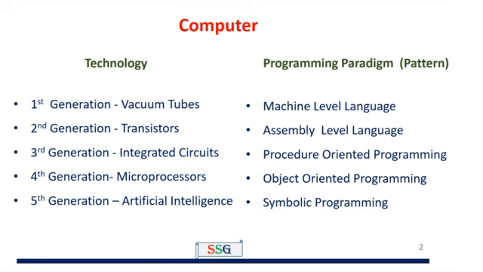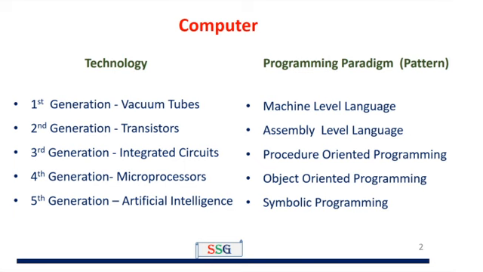Machine level language means all the coding is written using either 0 or 1. That is, 0 or 1 is used for representing inputs, performing the task and displaying the output. The second one is assembly level language. Assembly level language means that instead of machine code, one more code was introduced. That code is mnemonic codes, also called the operation code.